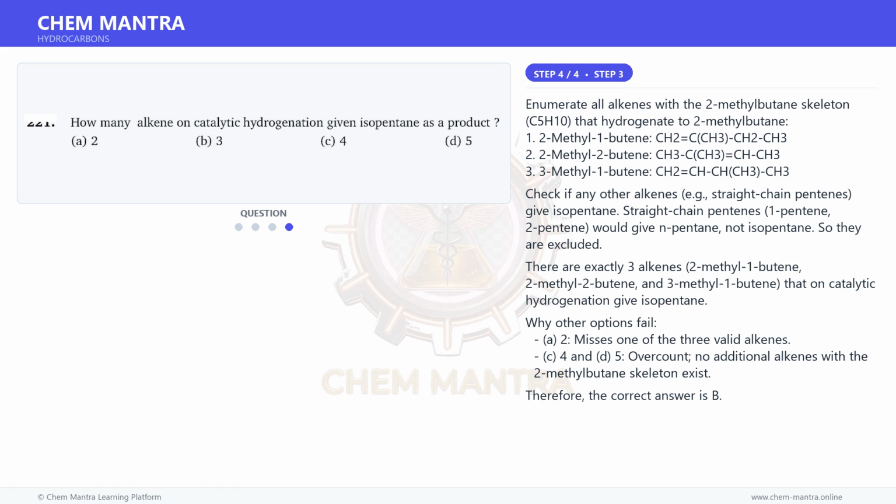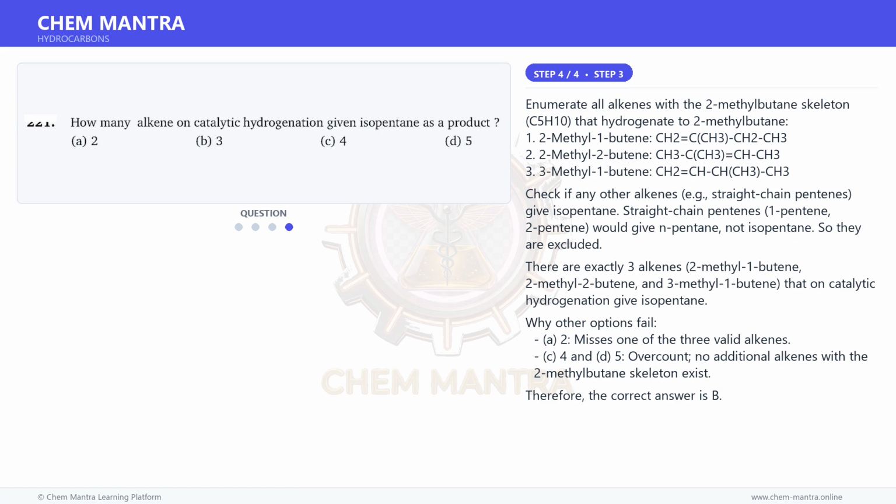3. 3-methyl-1-butene, CH2=CHCH(CH3)CH3. Check if any other alkenes, for example straight-chain pentenes, give isopentane. Straight-chain pentenes, 1-pentene and 2-pentene, would give n-pentane, not isopentane. So they are excluded. There are exactly 3 alkenes, 2-methyl-1-butene, 2-methyl-2-butene, and 3-methyl-1-butene, that on catalytic hydrogenation